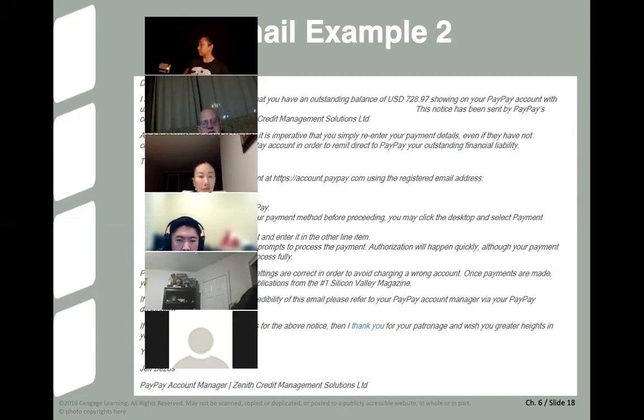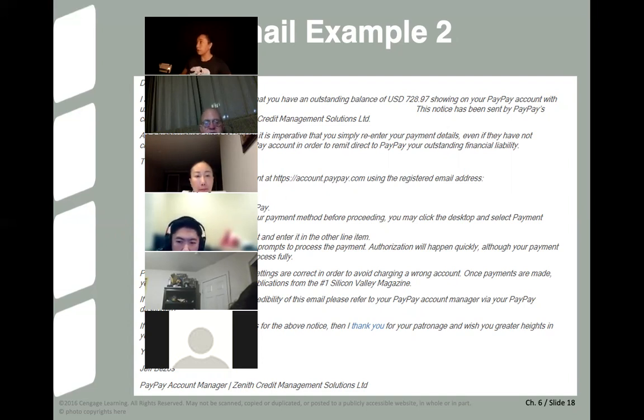Now, why are we putting this in numbered fashion instead of bullets? Order. Steps. Yeah, because there is a very definite order of the way things have to be done. So you sign in, you click the icon, you make the payment. If you want to change your credit card, you do this other thing.